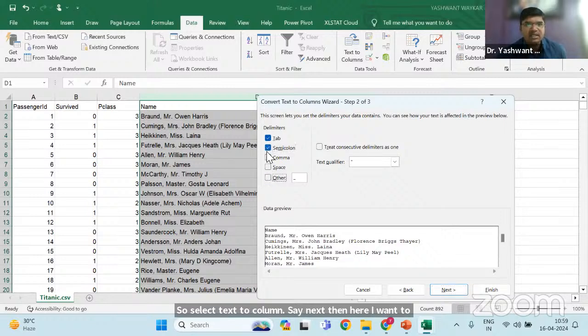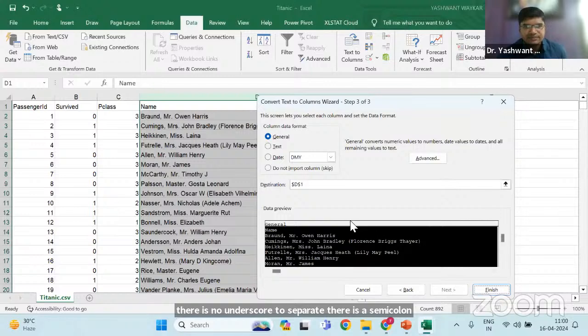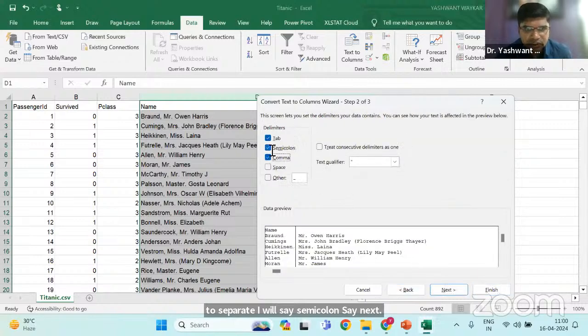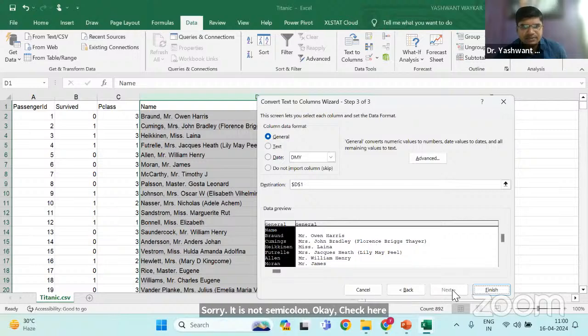That's why I will select semicolon now, because there is no underscore to separate, there is a semicolon to separate. I will say semicolon, say next. Sorry, it is not semicolon, it is comma. Okay, comma, check here automatically. Next,